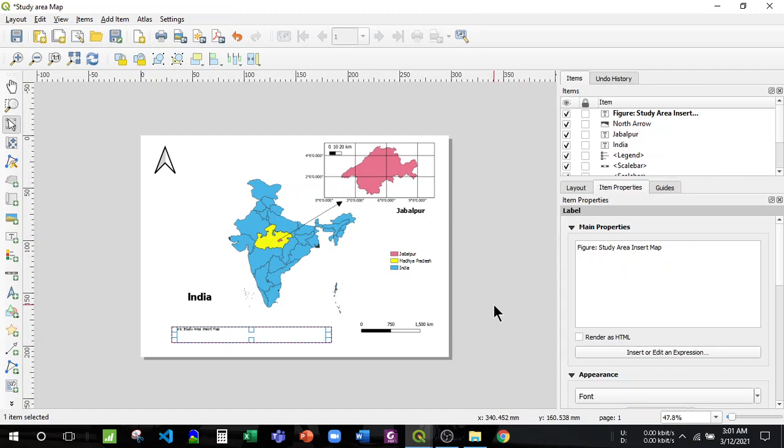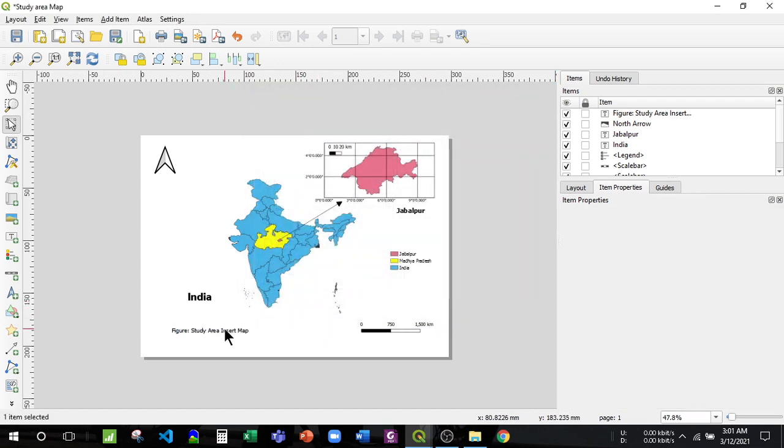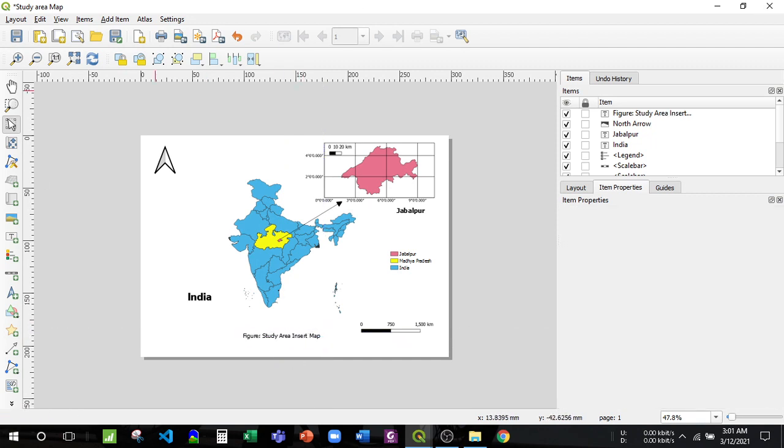This suggests the study area, insert map, and increasing its size to this, and hitting OK, and placing it right at the bottom. See, most of the work is completed, and then the final touch is to add the borders.